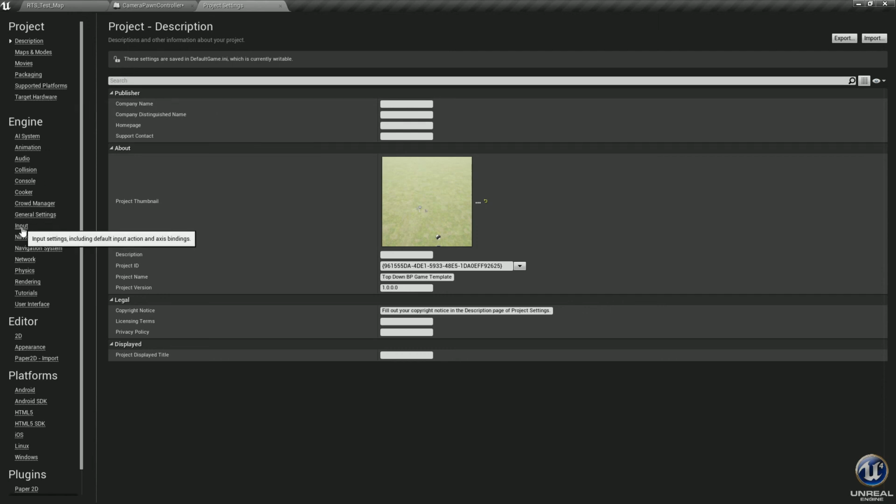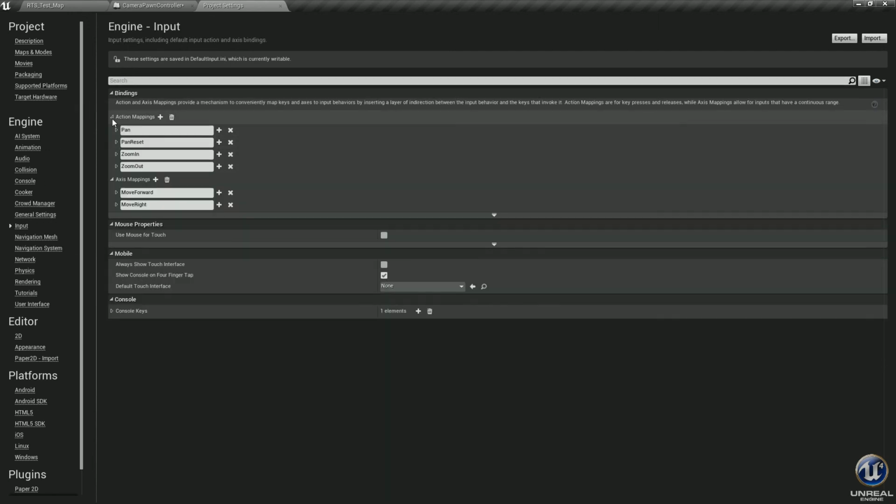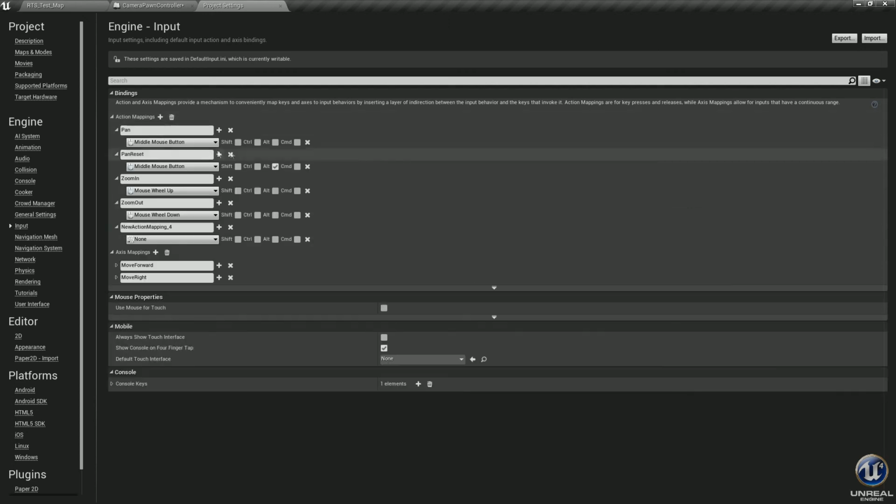Just like we did with the pan, I want to add a reset for the zoom. So let's do zoom reset, enter, and what did I do for this one?